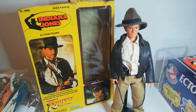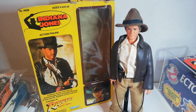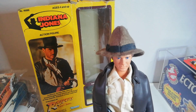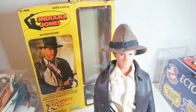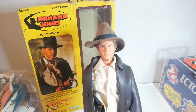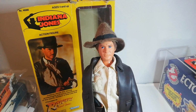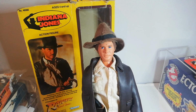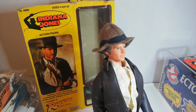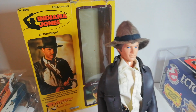But yeah, this is one of my holy grails. The Indiana Jones toy line is so expensive. It always has been, but recently, in COVID times, it has shot through the roof. This figure used to be around about the £100 mark in a nice box, and it's actually the price I paid for it, which I was happy with. It used to be slightly cheaper as well, but then all of a sudden, people have been asking for it with a nice box, 200, 250, 300,